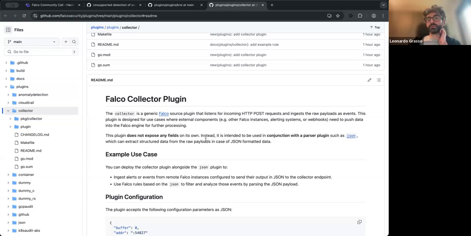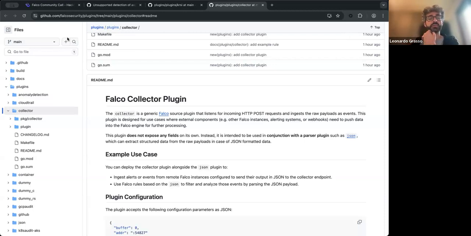After some thought today, I came up with this simple idea: instead of creating a custom tool, I just created a plugin that I call collector. This plugin can ingest Falco alerts. So basically you have a deployment with a fleet of Falco that pushes alerts into another Falco with this plugin.